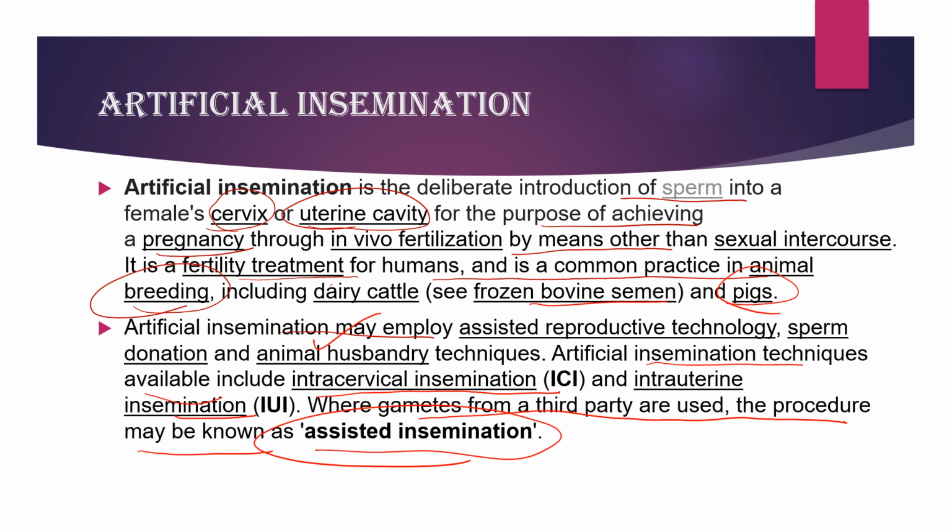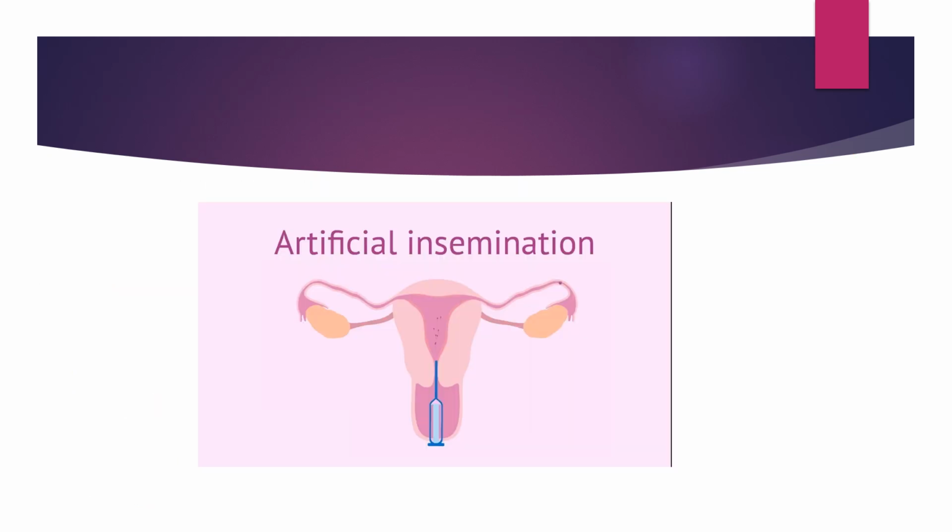So the semen or sperm is introduced inside the cervix or uterine cavity for the purpose of achieving pregnancy through in vivo fertilization. So the fertilization will happen inside the body. It is not happening outside the body, in a glass petri dish or in a test tube. So only the sperm or the semen is being injected inside the female body. So this is what is happening in artificial insemination. So how is it happening? This is only the process of artificial insemination. Only the sperm is being injected in the cervix of the female body, and this is the last method of